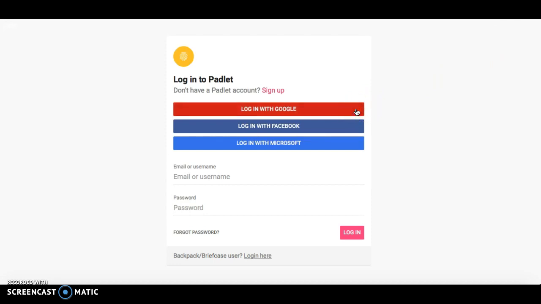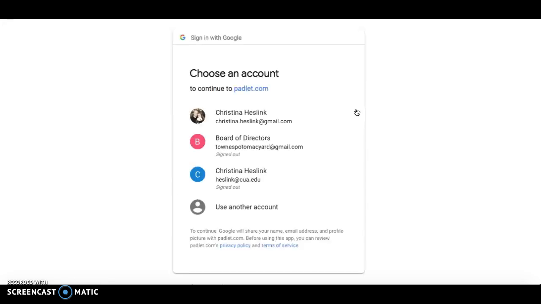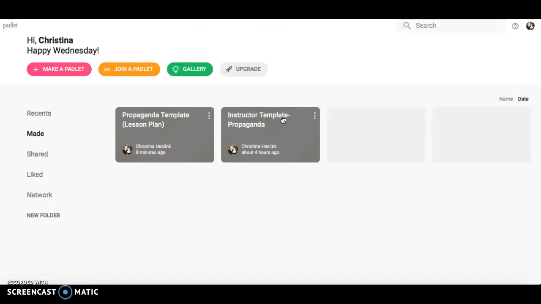This is going to save you and your students a lot of time because it's going to link through FCPS schools. And then you're going to be on the dashboard page. And on the dashboard page, which you can see is pretty simple, at the top we have a navigation bar